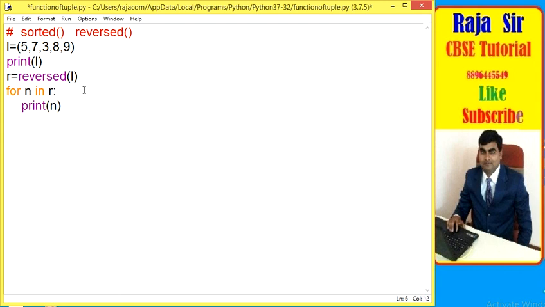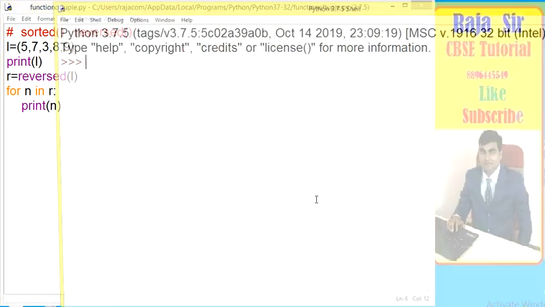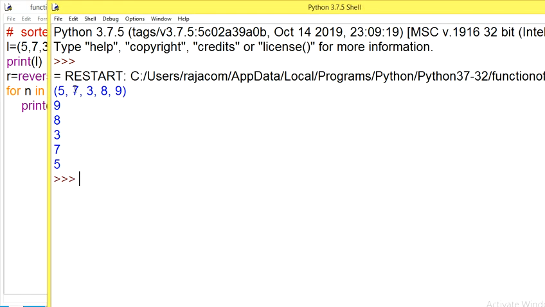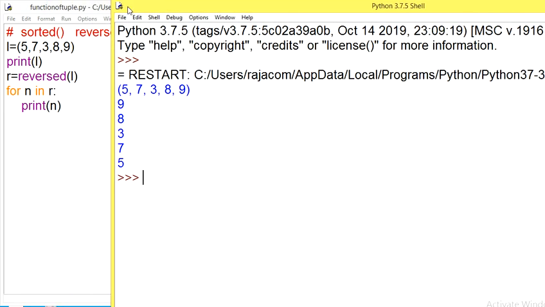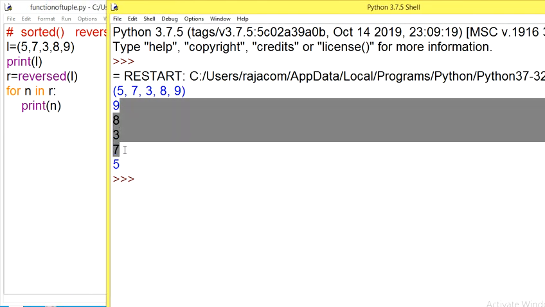I am going to run it. Okay, so 5 7 3 8 9 is the result of the print L statement, and after that you all know print n will print in different lines.